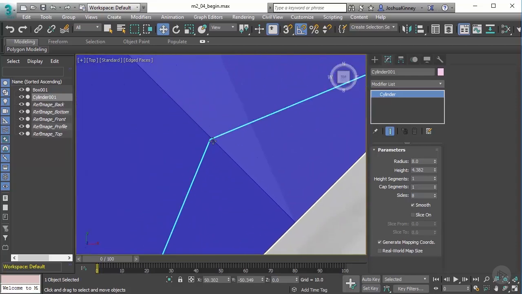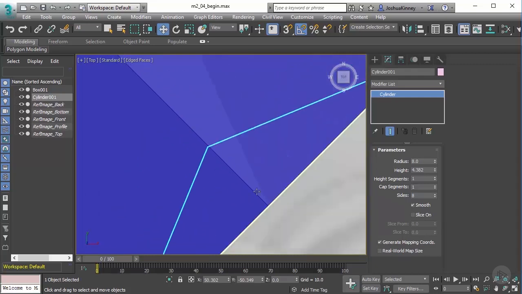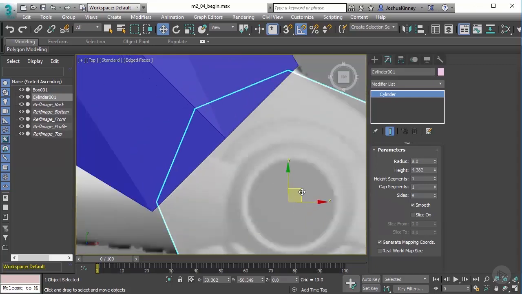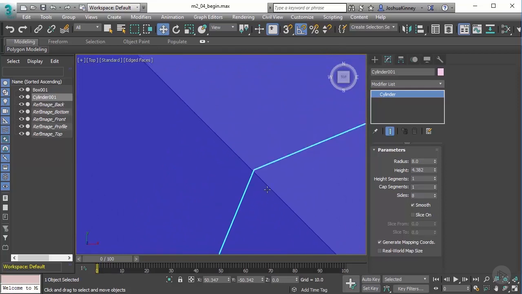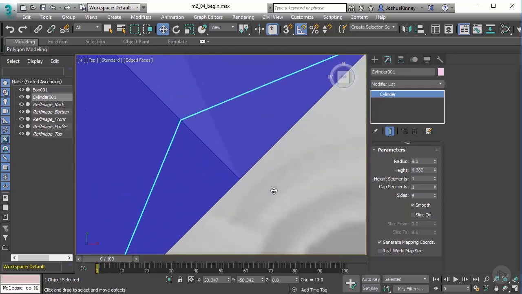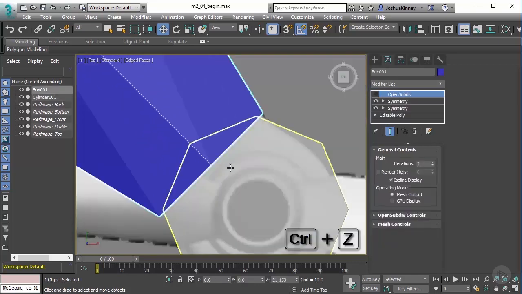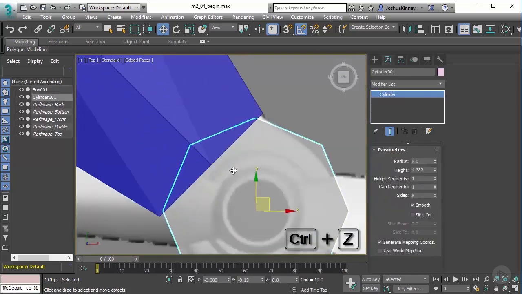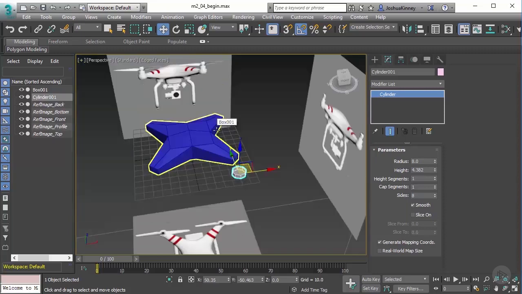And then I just want to make sure that this corner is pretty close to being in line with this edge right here. So I'm going to pull that to the left, down a little bit. It's very close, but I think we should be good there. All right, so I'm just trying to match this up really close so that I can get the topology